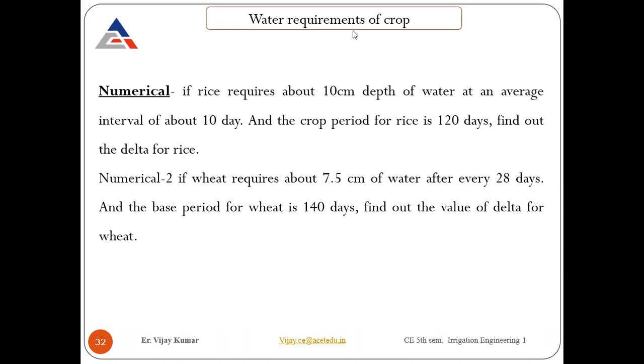Why? Because no unit is mentioned. 120 is given, but the unit is in mm. So the answer of this question will be 120 centimeter only. Clear? Yeah, 120 centimeter, so we can put it into how many mm? 120 centimeter equals how many mm? It's 1200. So if 1200 mm is given, in that case, that will be the answer.